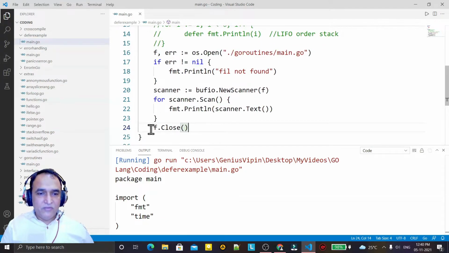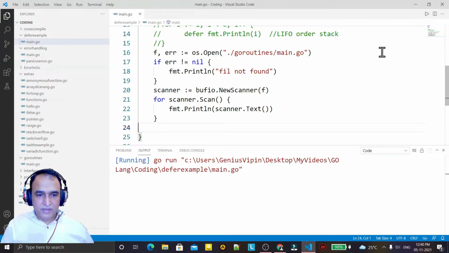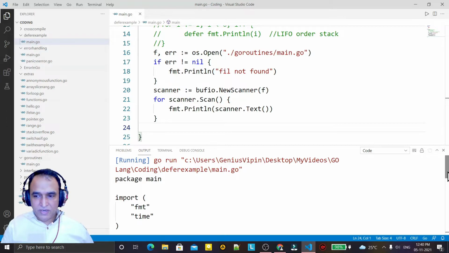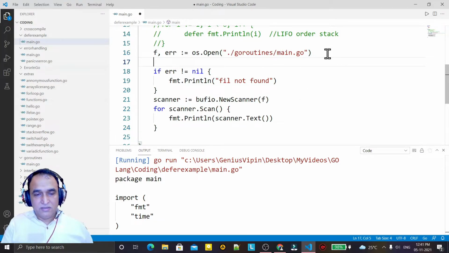Remember that if I forget this line of code for closing a file, that may create a problem. I run it and it runs perfectly, but the file is open. The problem is there, and it may create trouble later on. So what I do, just after opening, I can use a defer statement and say f.Close.